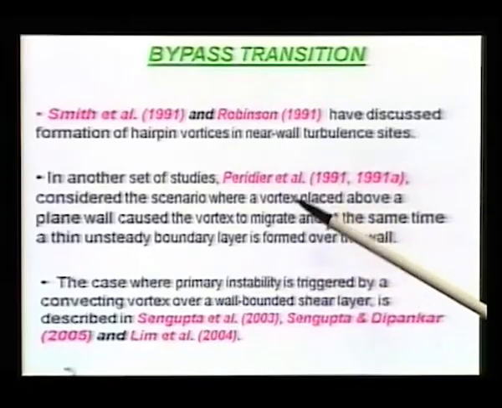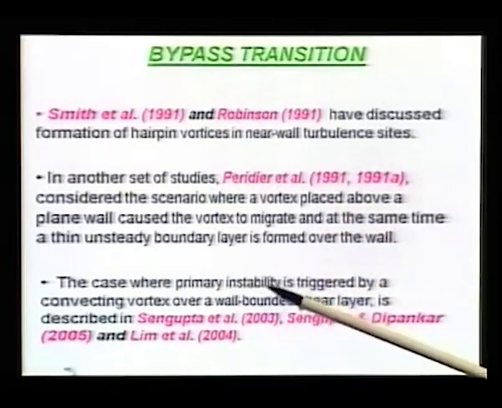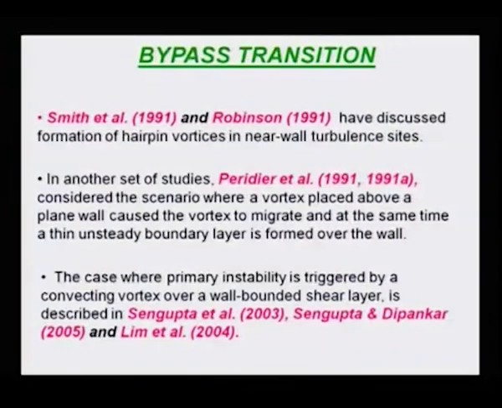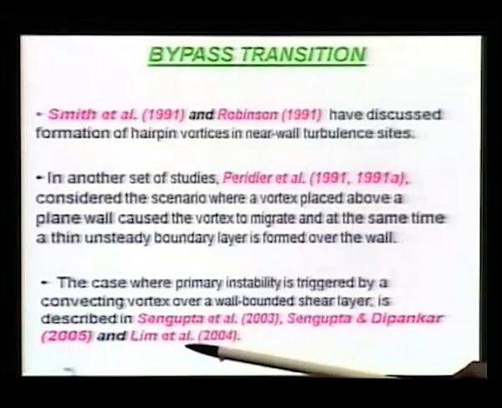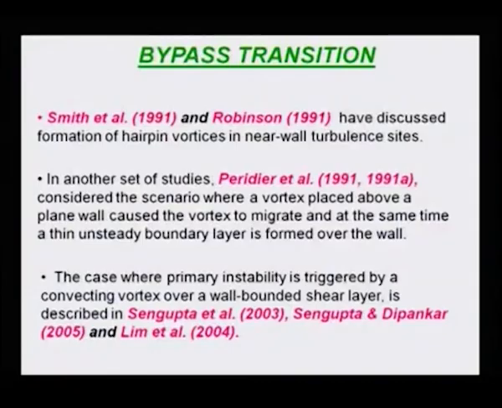The moment you put such a vortex in front of a shear layer, you create a kind of primary instability. And this we have studied a lot over the last 7-8 years, in many scenarios. The last paper is actually an experimental paper which we did a few years ago in Singapore. I will explain that work. The first paper is where we proposed a new theory of instability based on energy. That is also something we are going to study in great detail.